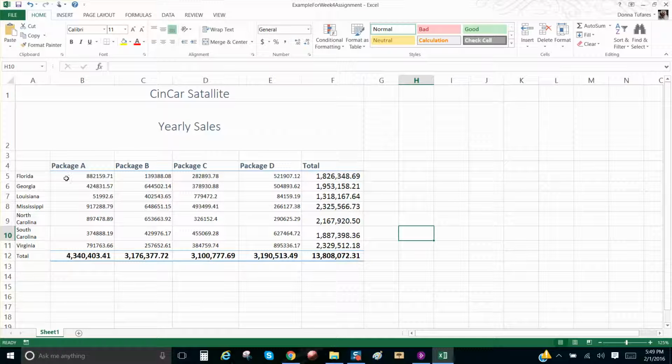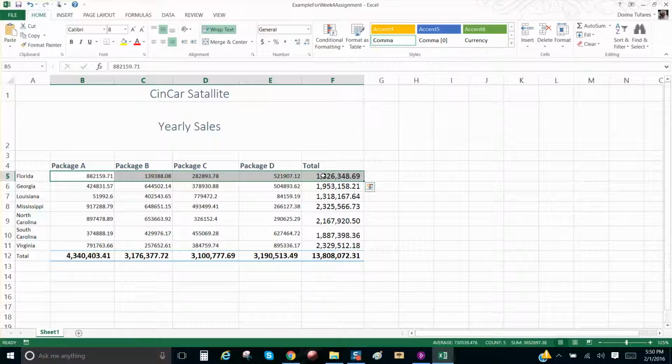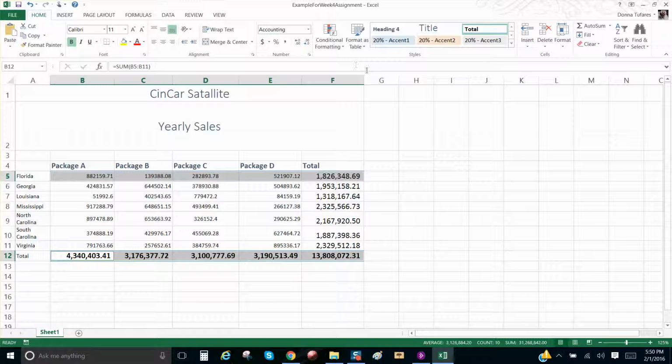Then it asks you to format B5 through F5, and B12 through F12. So I'm using Control to highlight both of those, and we're going to give it